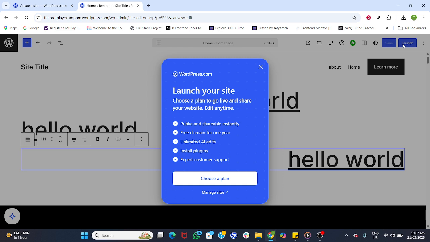And don't worry about mistakes. Use undo or revisions to roll back, and you can always fine-tune and save again. That's it. You opened the home template, refined headings